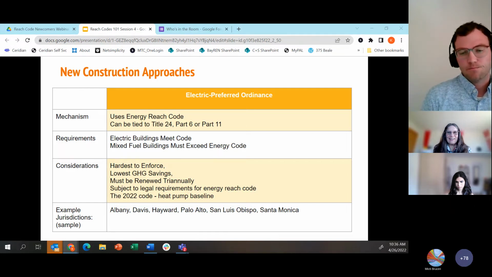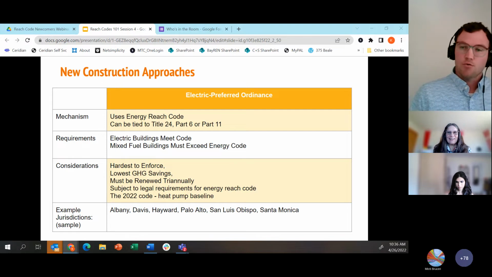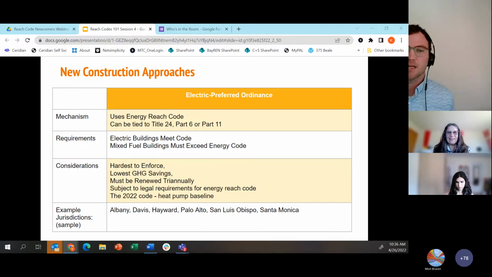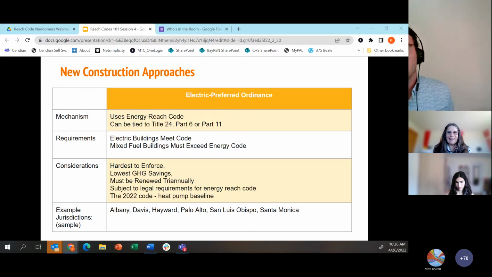If the proposed design goes the mixed fuel route, then there are additional compliance standards that go above and beyond the state code, expressed, as I mentioned, as a percentage, a compliance margin above the standard compliant design.